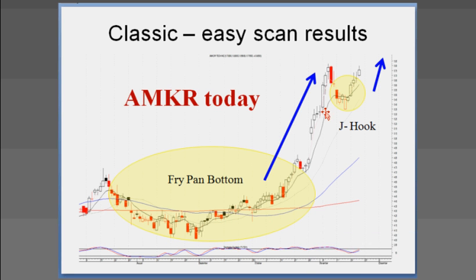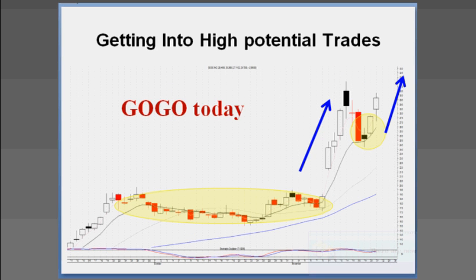What do we expect after a fry pan bottom? A good, strong price move. If it starts pulling back and does a J-hook, what do we expect after that? That this wave 3 is going to be the same as wave 1. We've been buying this over the last couple of days. Same scenario with GoPro. Fry pan bottom, breakout, pull back, and what do we have right here on the 50? A morning star signal telling us that's the end of the pullback. But if this is wave 1, wave 3 has more upside.